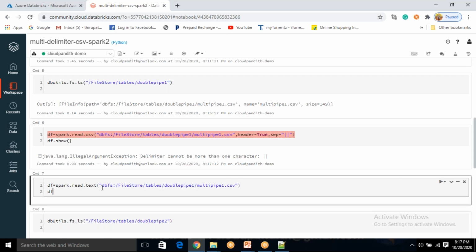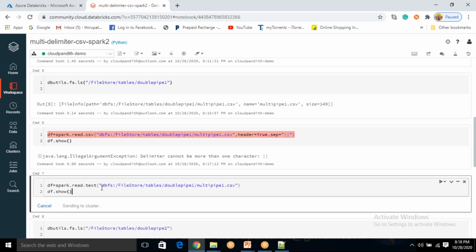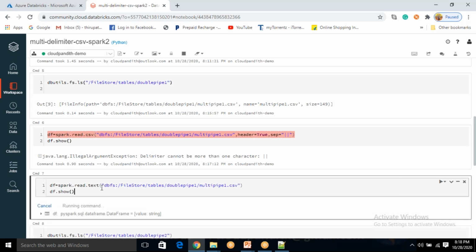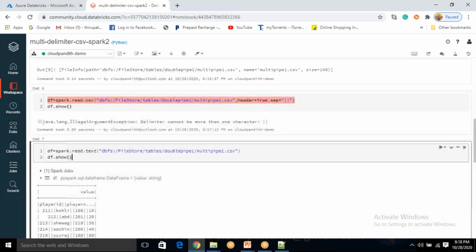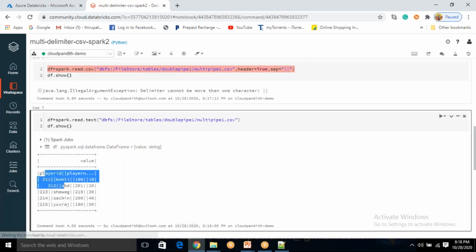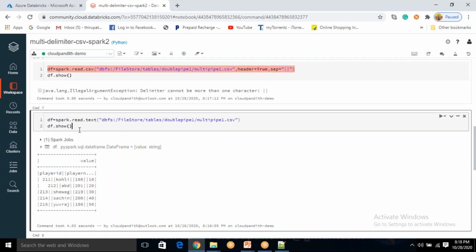Now df.show, I'm just showing the data. So you see friends, the data is something like this. Here you cannot say header equal to true and all those things, because this particular CSV file you are reading as text.